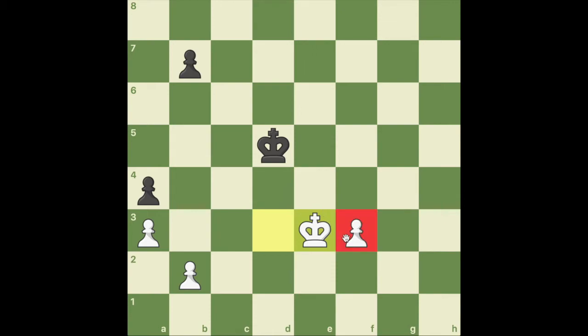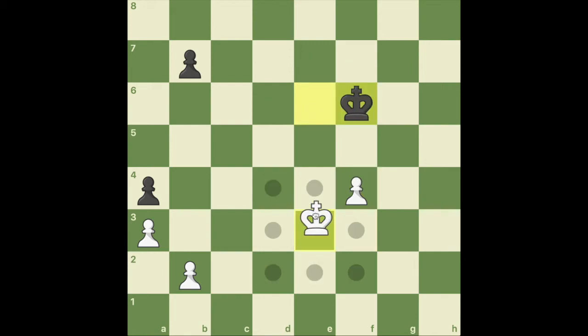You have a passed pawn right here, and if the king decides to go here, your passed pawn will queen, and if the king decides to defend this pawn, your king will be able to gobble up his pawns. So we have king to e6, and we have f4. Great move. King to f6, king e4,